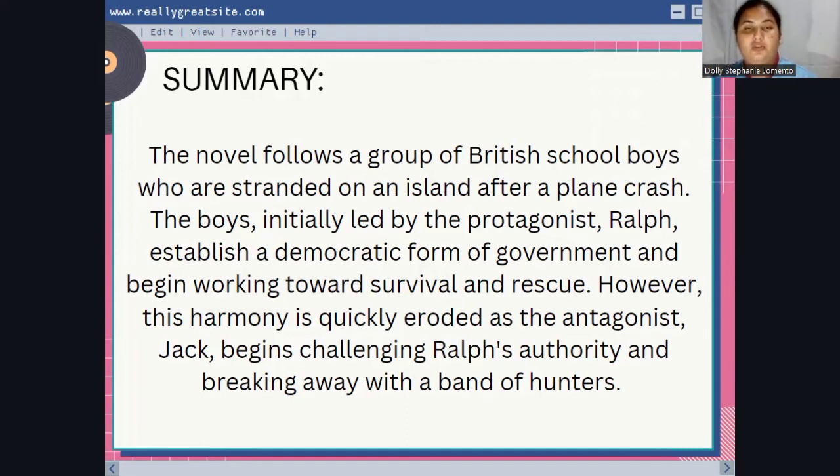sila nga ma-rescue. Then nagkahinay-hinay na og kawalan si Ralph og mga members. And ang member ra nga nagpabilin gyud nga tinuod ni Ralph is si Piggy. Kay naay panahon nga ang uban mobalhin ni Jack, naay uban nga mobalik na pud ni Ralph. Mao nang malibog lagi sila. So